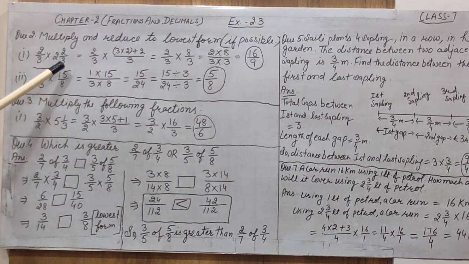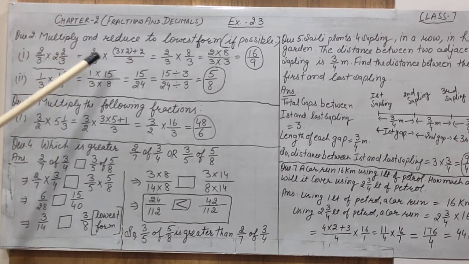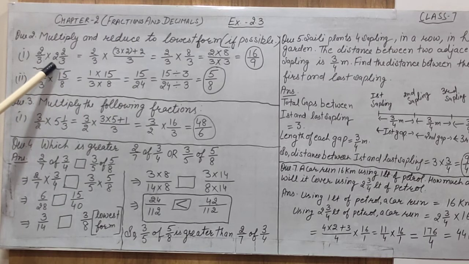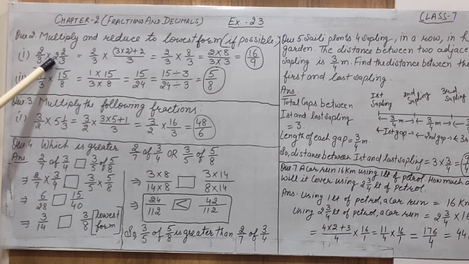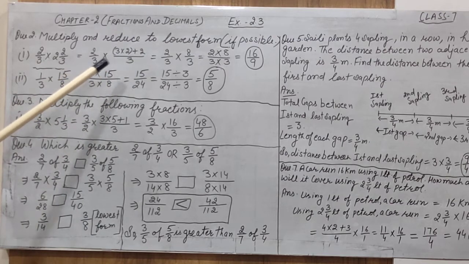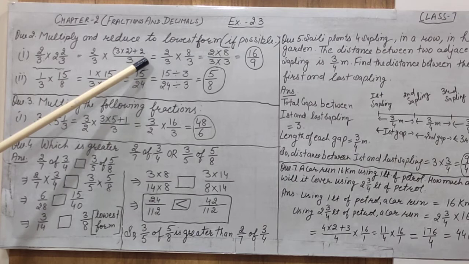The process is we have to multiply the whole part, that is 2, with the denominator, that is 3. Then the result is added with numerator. So we get the result of the numerator. Let us start to change first of all mixed fraction into an improper fraction. Multiply 3 with 2, that is denominator with the whole part. 3 multiply 2. Then plus numerator. Numerator is 2, so you have to add the numerator. Now finally 3 multiply 2 plus 2 gives us the numerator of the improper fraction.